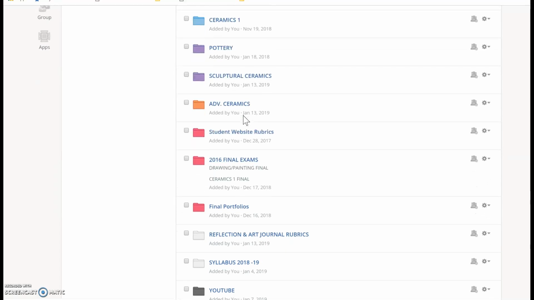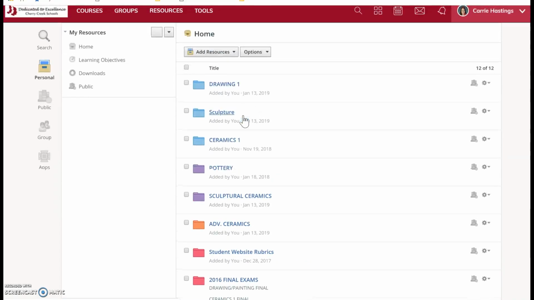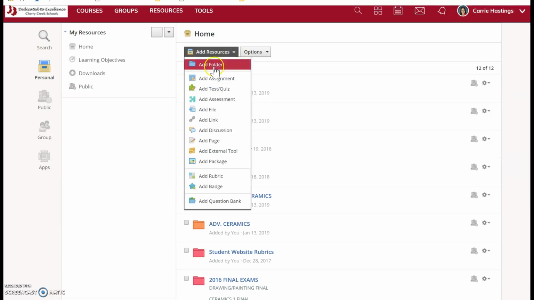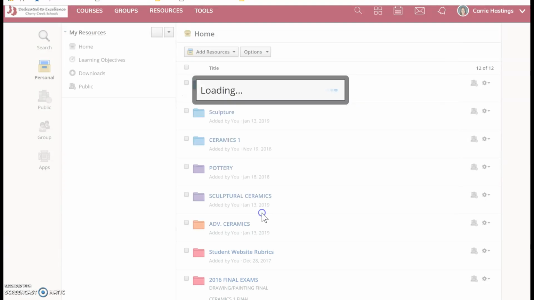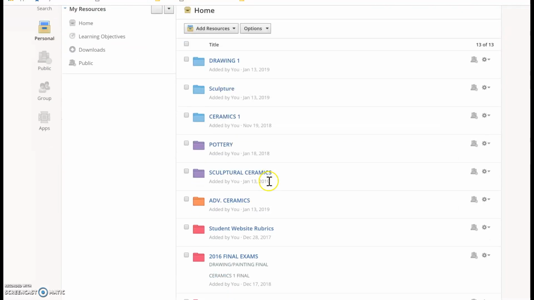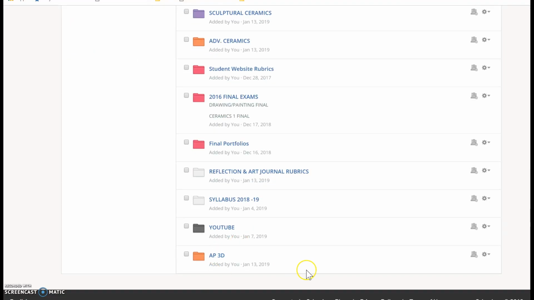I am going to create an AP folder for future AP students. So I go to Add Resources, Add a Folder, title it, and then I am going to add a color to it, and if I wanted to, I could add a description for my students to see once added to a course. When I'm finished, I just click Create, and you should see that it is down at the bottom of my